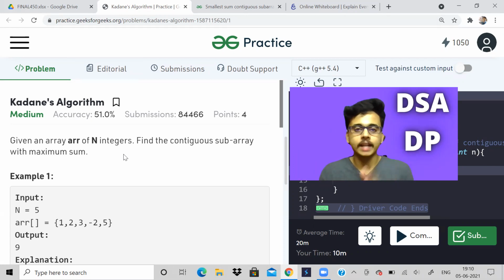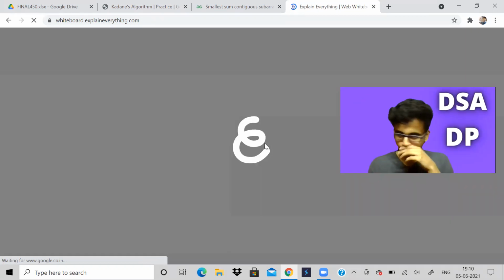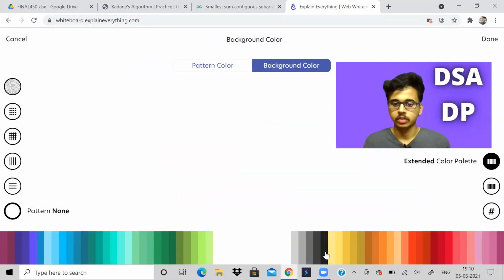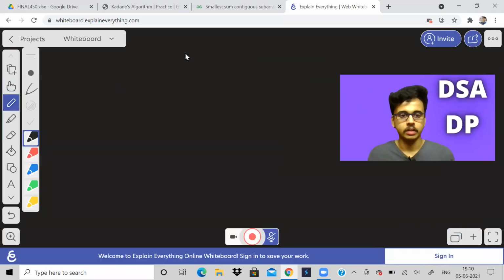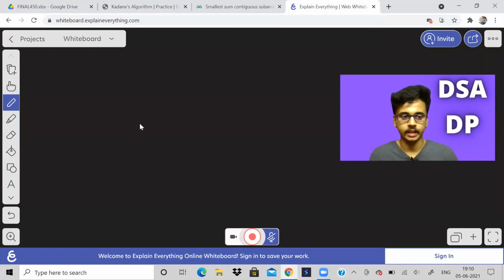It is known as Kadane's algorithm. We are given n integers. We have to find the maximum sum of any subarray. So let us take some examples and do it. This problem is actually a very beginner kind of problem. I think I had finished this in the array part, but let us see it again.